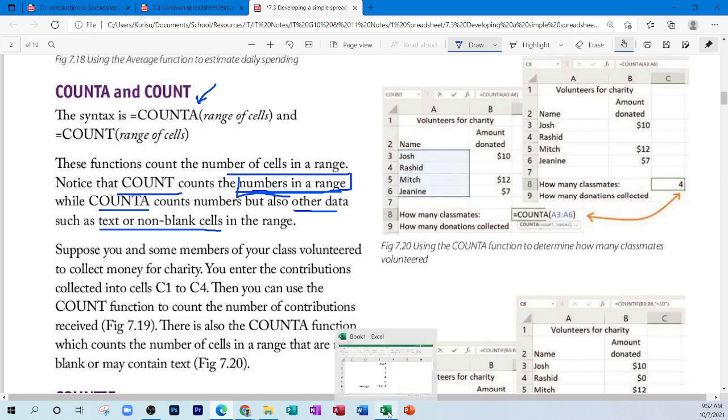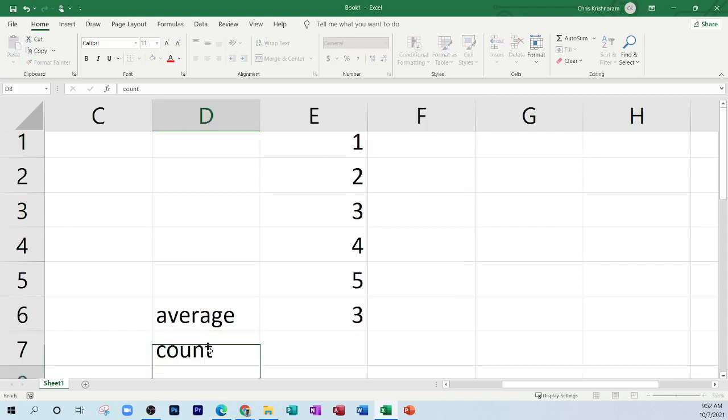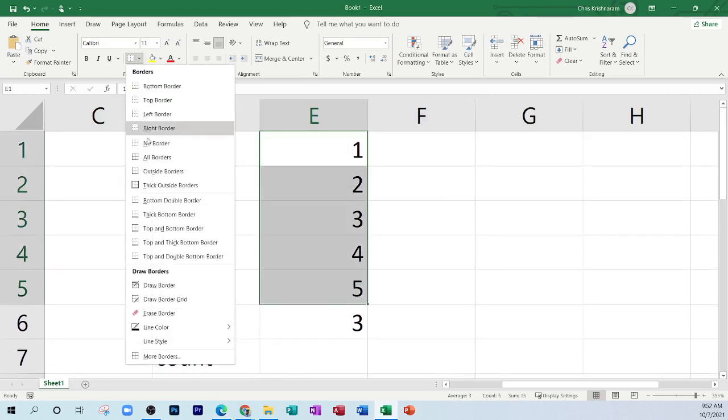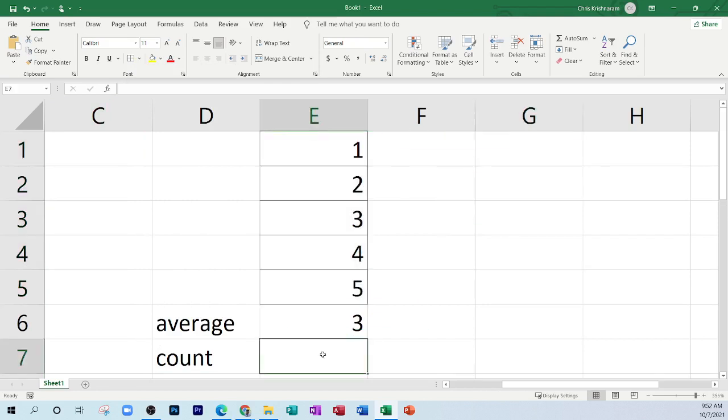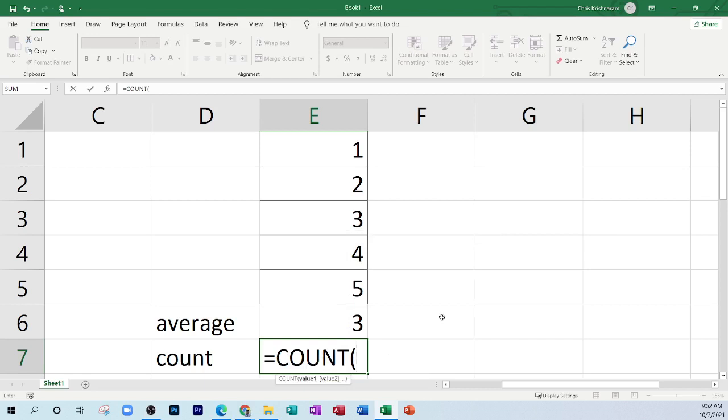So let's see how they work. I notice the structure is similar. It's a simple structure, just like AVERAGE. It's only asking for the range of the cells. So if we were to, let's put back 1 there, we're going to use COUNT to the bottom here. We are going to count how many cells we have here. So it's going to be equal COUNT, open brackets, we highlight our range,